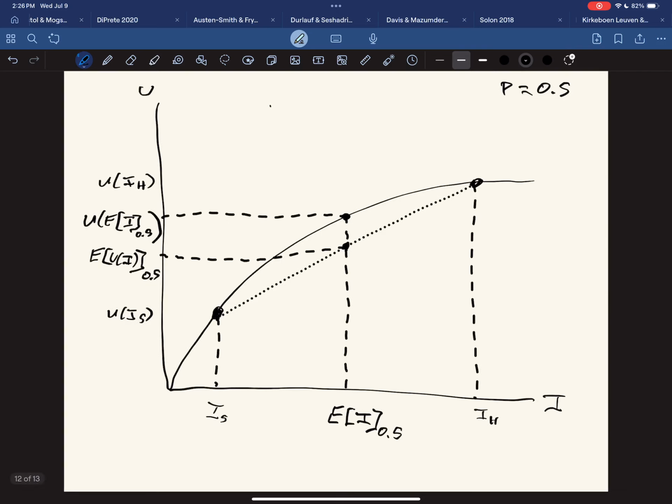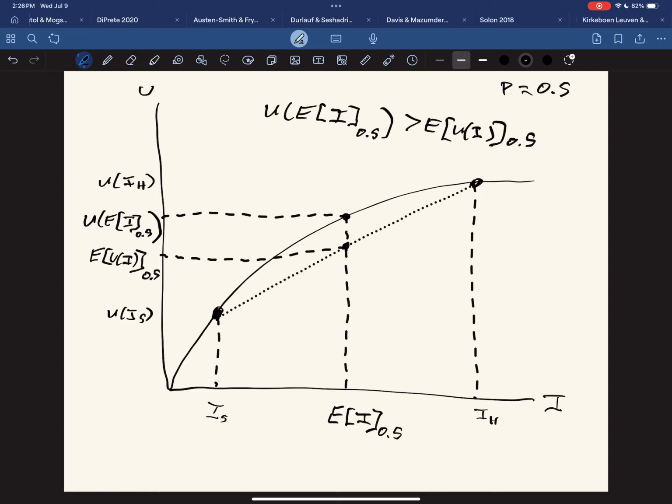Because very importantly, EU(I) at 0.5 is greater than